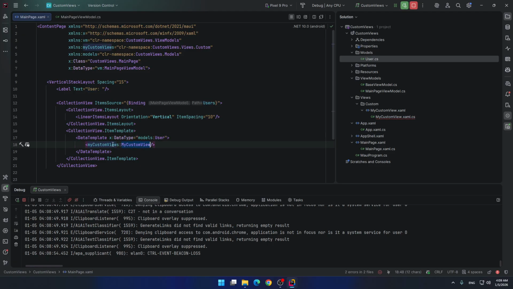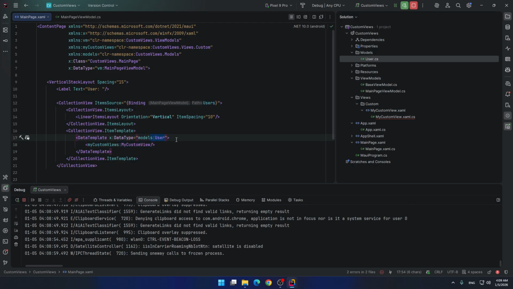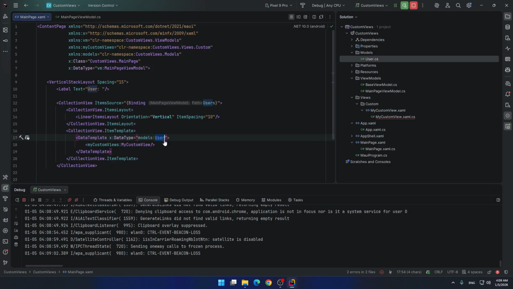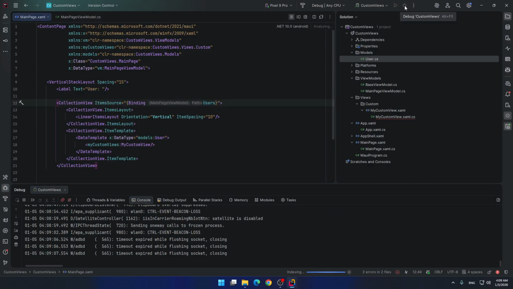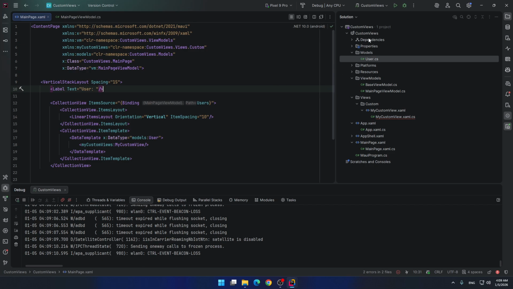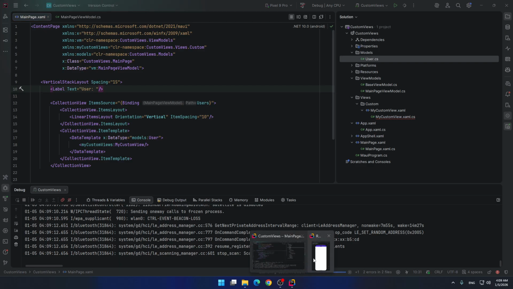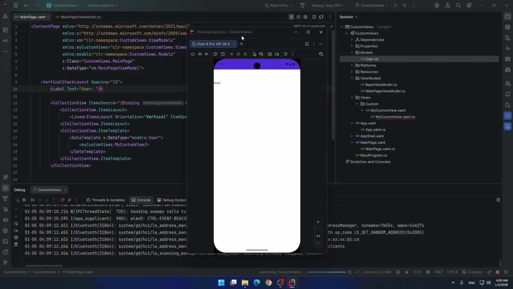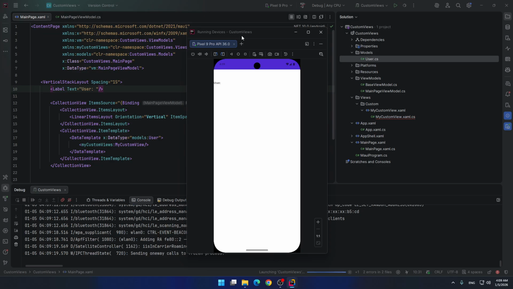Now it knows that this custom view takes this user model class. So that's it. If we run this again, now it will render 2 times our custom view.